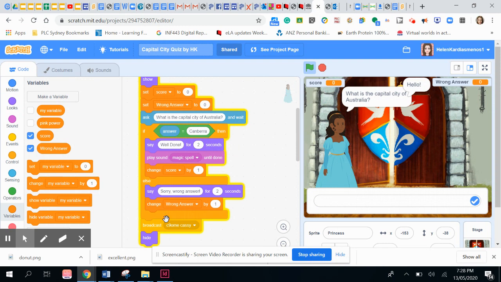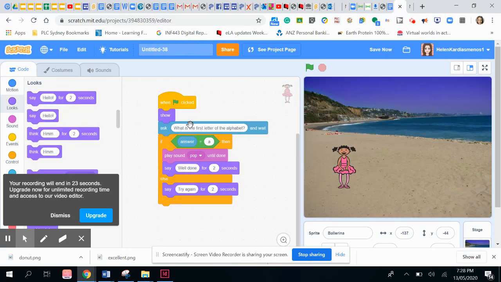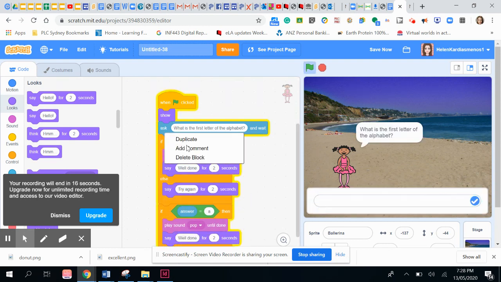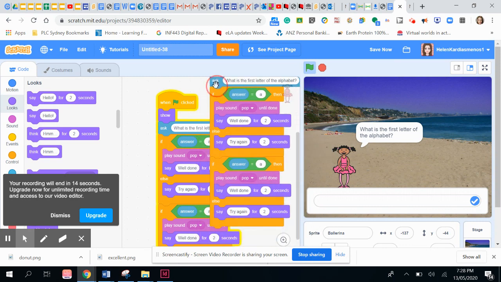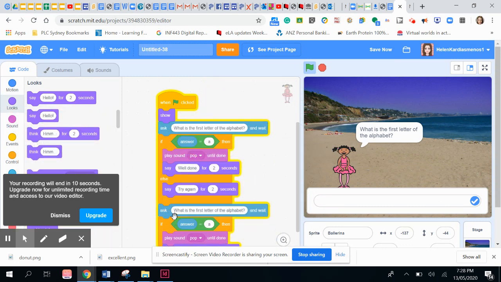Looking back at my code over here, I want to add in a score. Okay, and in the next video, I will show you how to add in a score. If I want to add in more questions, I duplicate that. I duplicate that. I change the question. And I change